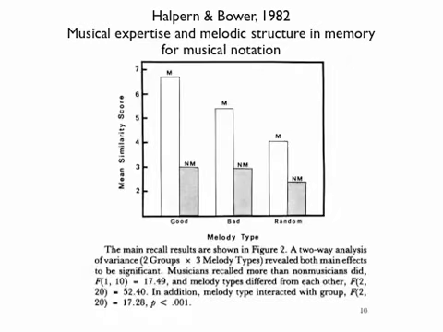Interestingly, if you look in the report of the results, all of these were significant. Both main effects were significant, and the interaction was significant as well. And now you know how to interpret those main effects and interactions just from looking at this graph of the two groups, musicians and non-musicians, by three melody types. Factorial Design.